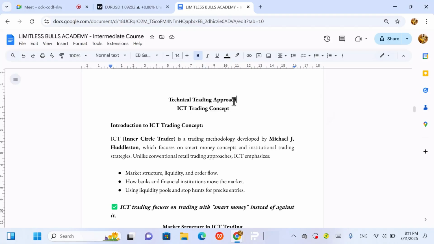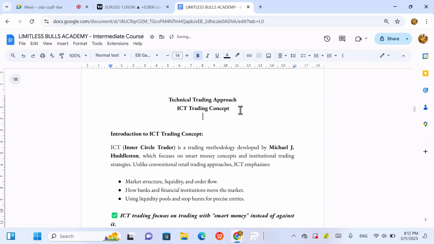The technical aspect of what we'll be doing constitutes 80%, and the rest constitutes 20%. That is technical 80% and fundamental 20%. So let me just go ahead and put this now. Technical slash